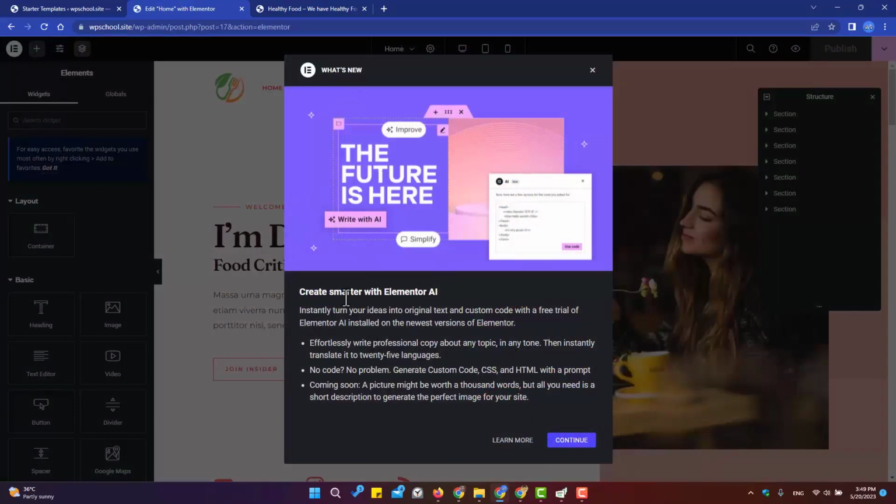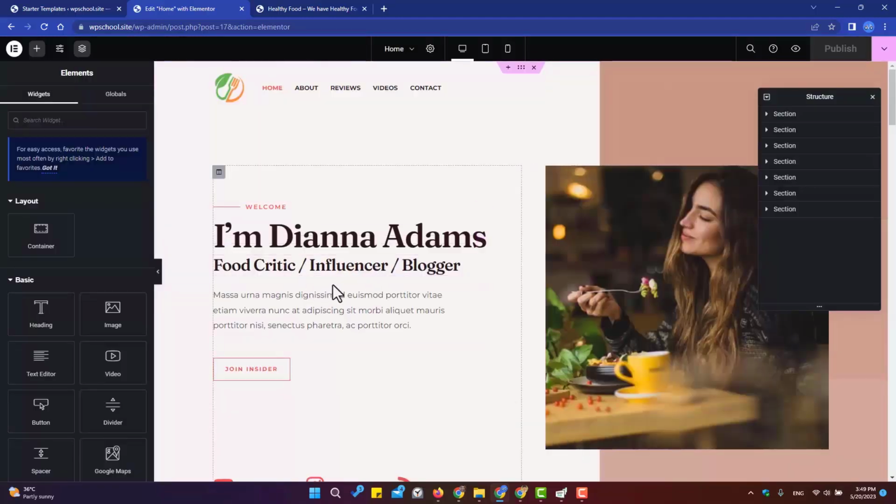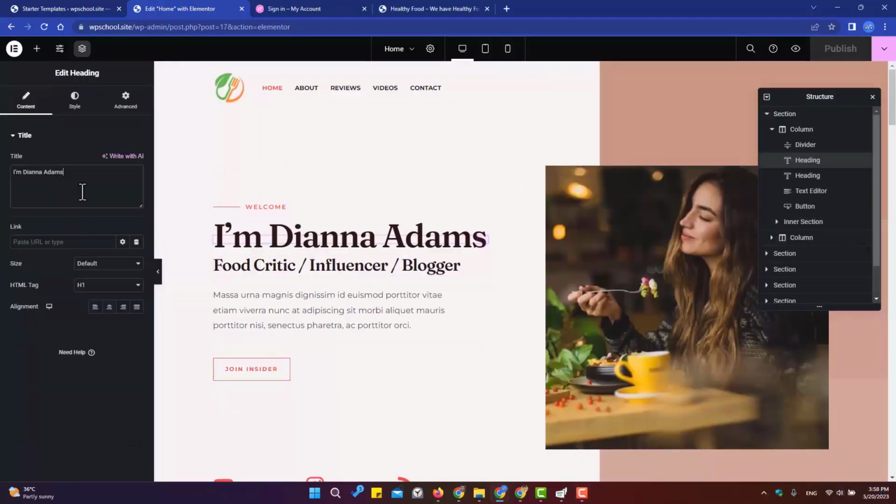It asks me to create smarter with Elementor because this is a new feature of Elementor, and you can use even Elementor AI to create content for your website. If you want to use Elementor AI, you can use it to generate content, but I will have a specific video on how to use Elementor and Elementor AI, and now I don't want to use Elementor AI,